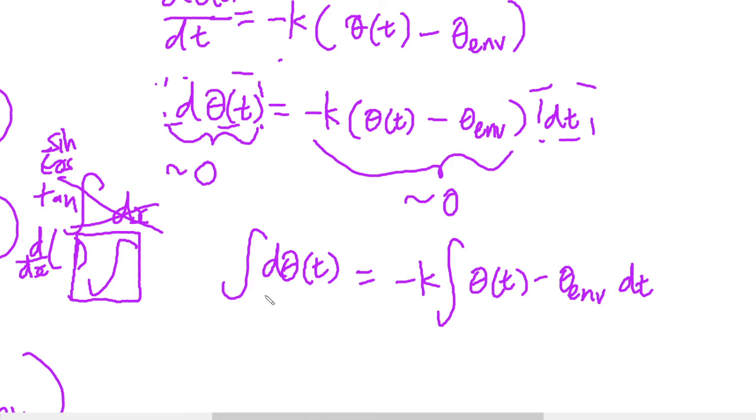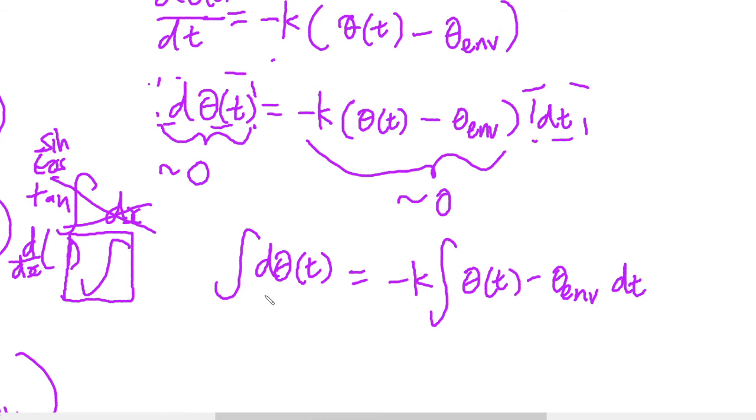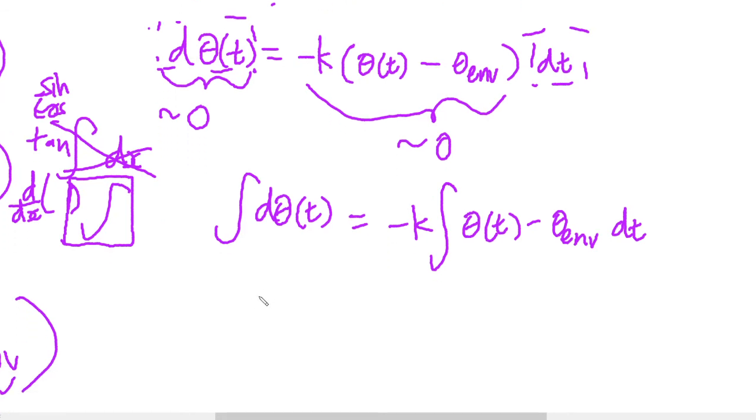And so on the left side, we have something fairly simple. This obviously goes up to theta t plus c because it's an indefinite integral and there's nothing inside the integral. It's just like how the integral of dx is equal to x because you're summing up all the infinitesimal changes in x. So this becomes theta t plus c on this side, and this is equal to minus k times,